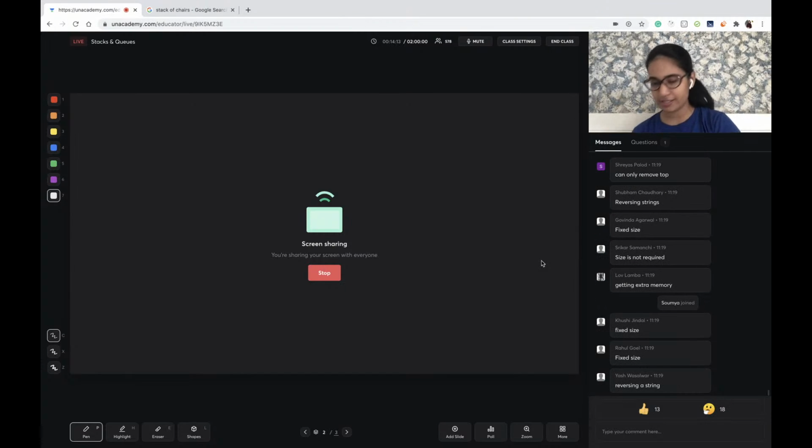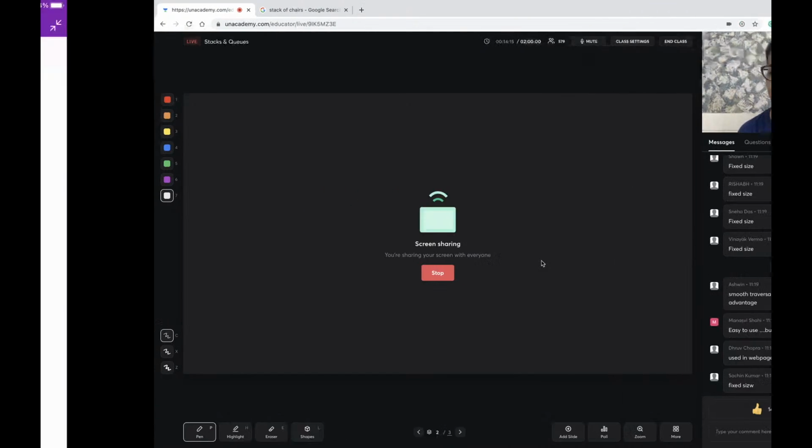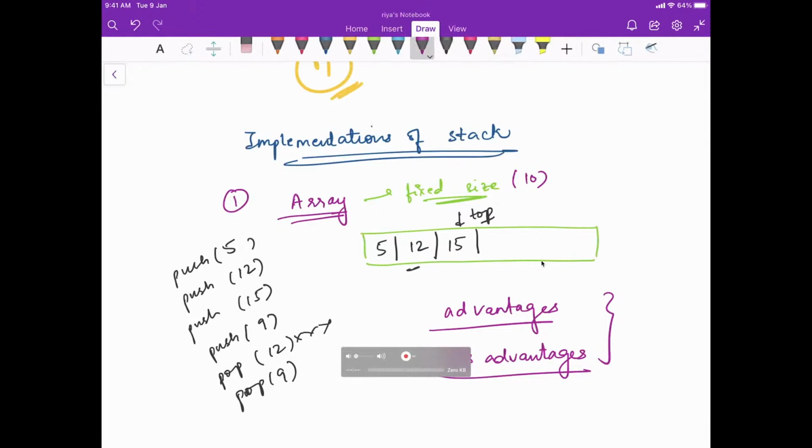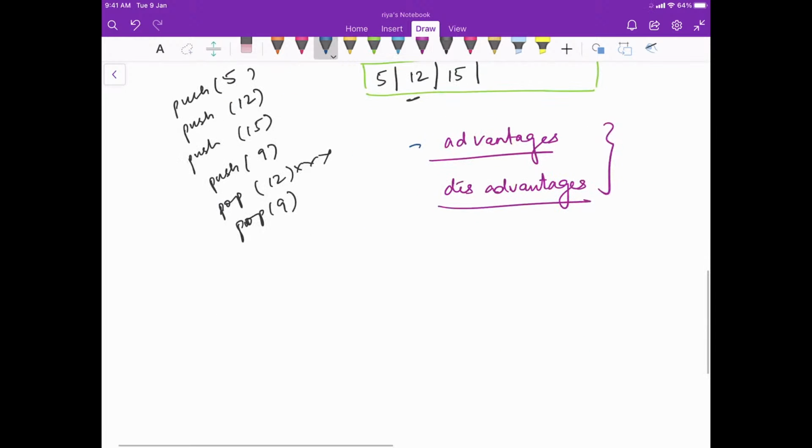Okay, let's discuss. I believe most of you gave the right answer and actually understood the concept which I was trying to tell. So what I can say so far is, if I have to talk about the advantages and the disadvantages, the advantage is first, it is easy to implement. It is very easy to implement. Using arrays is one of the easiest operations that we can do here.